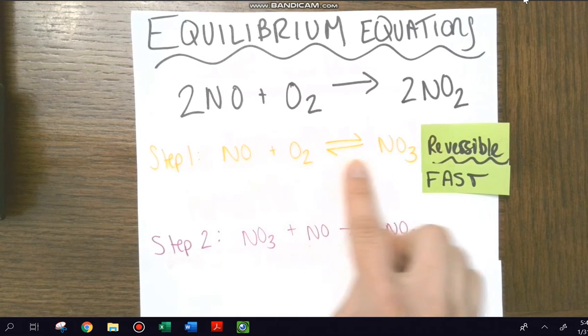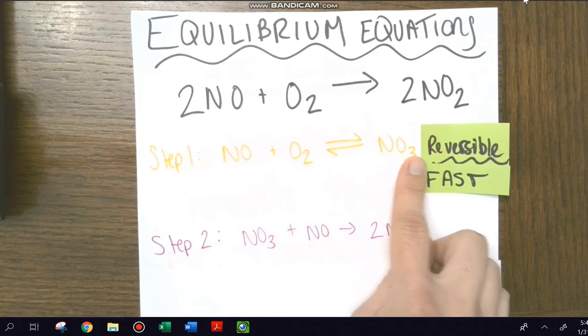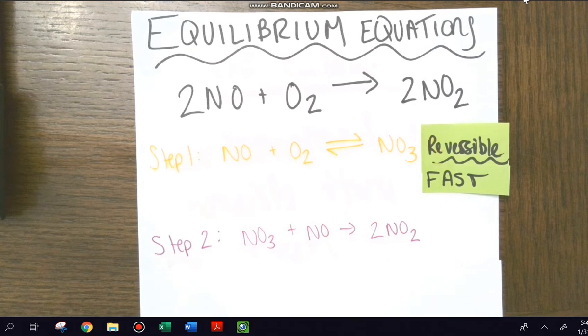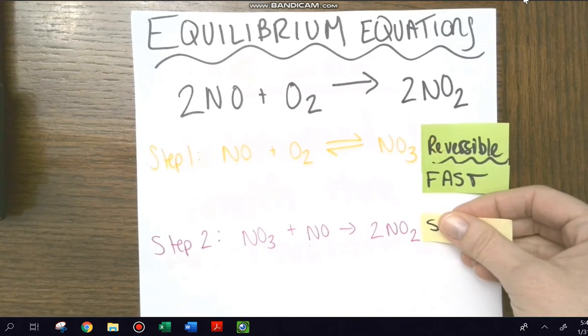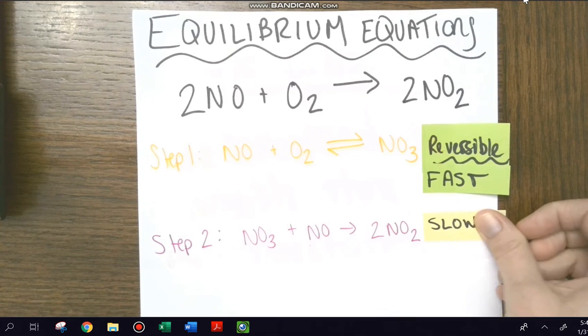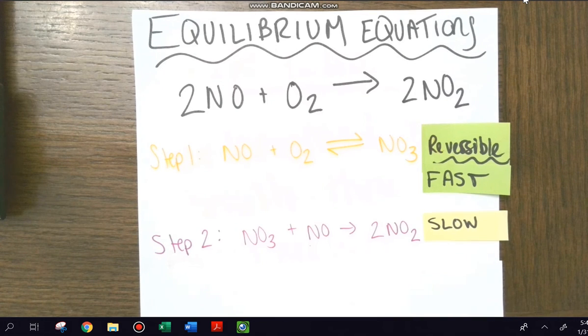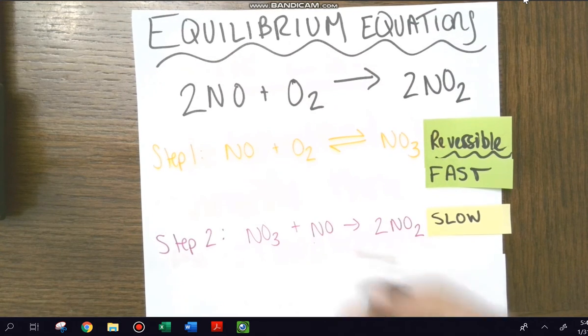When it's in equilibrium, that means it goes backwards and forwards at the same rate. Okay, and this is also going to tell us that this is our slow reaction. The problem with this is, and I'm going to show you that, step 1, our rate,